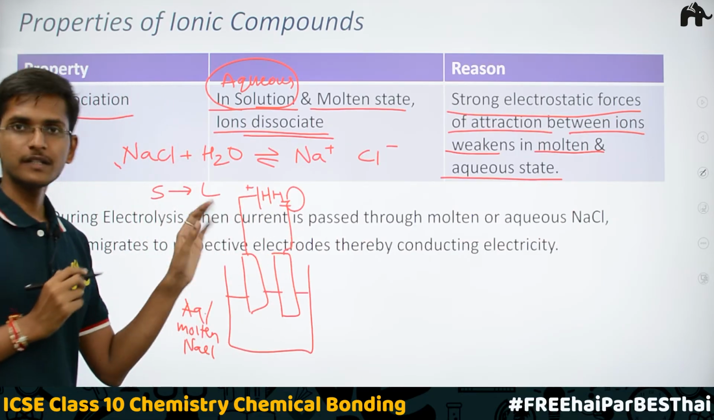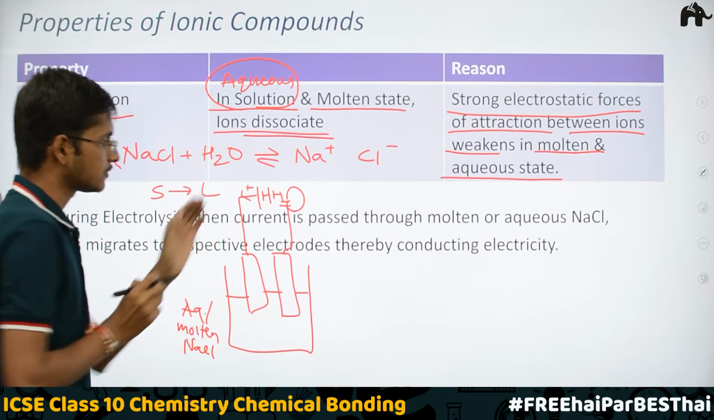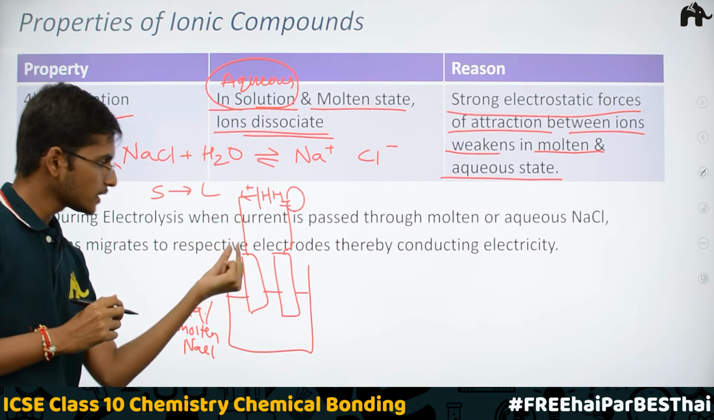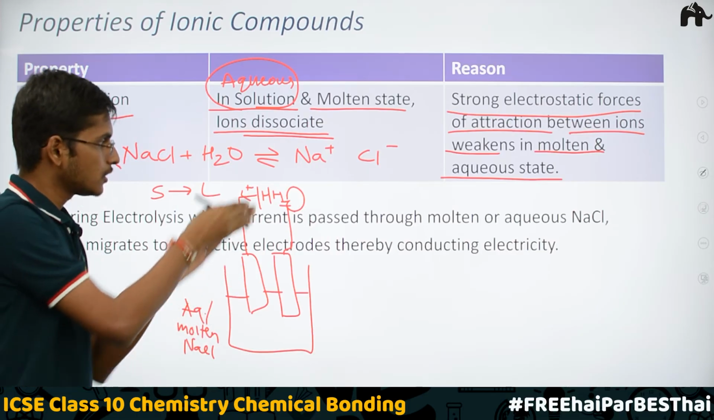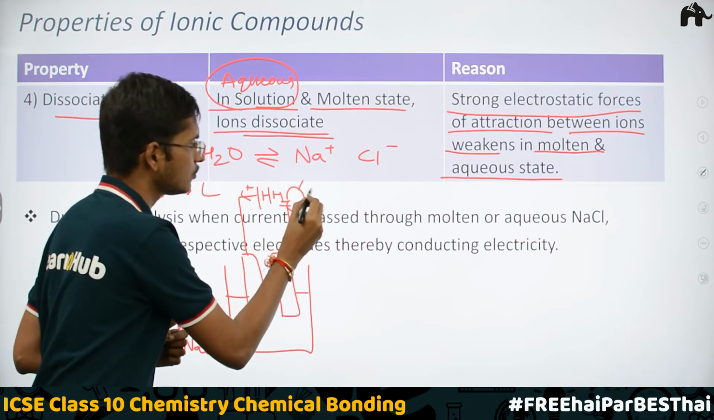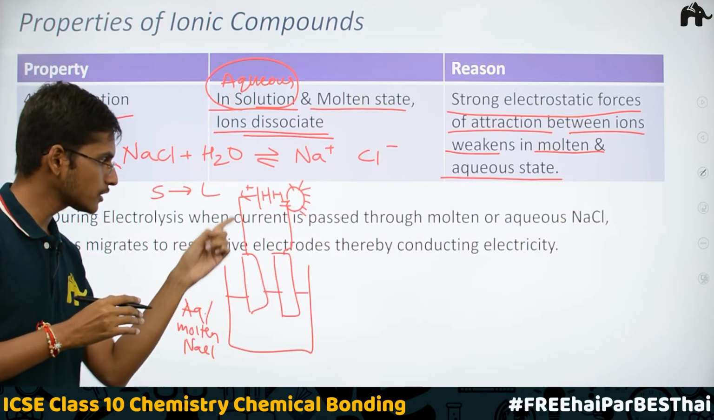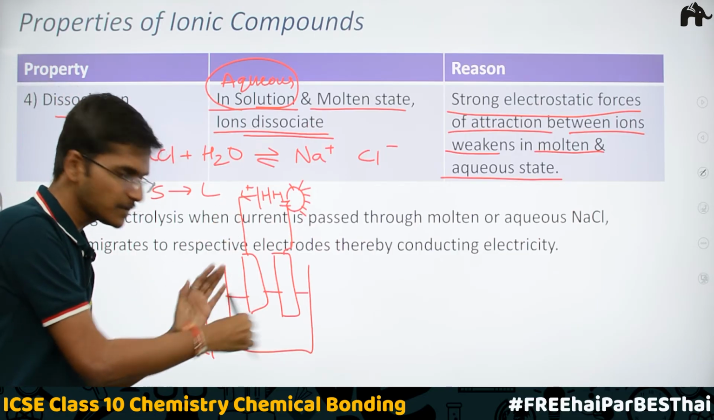I have switched on the battery, so it is the positive terminal, and current has been started. Current has started to flow from the positive terminal, and it has reached this rod. Now when I start the battery, I find that the bulb is glowing. So this means that the current is flowing from this positive terminal to the rod, and then something is happening